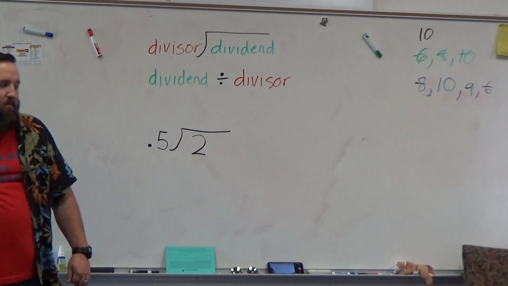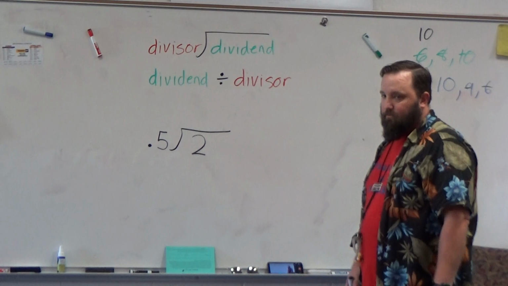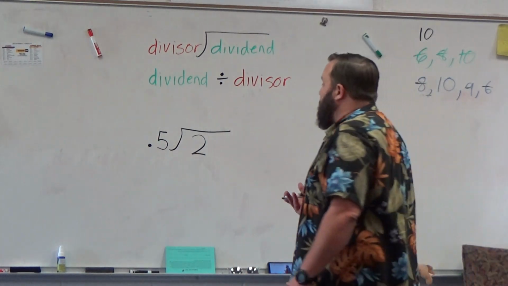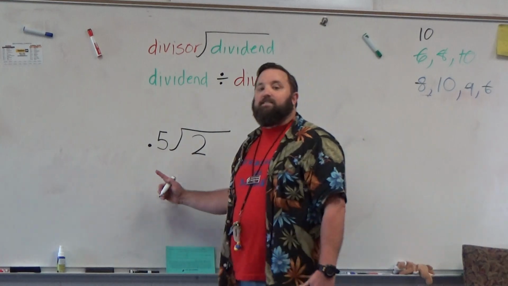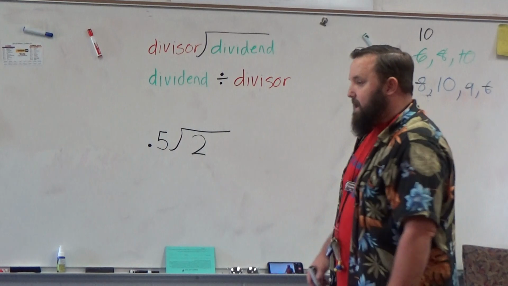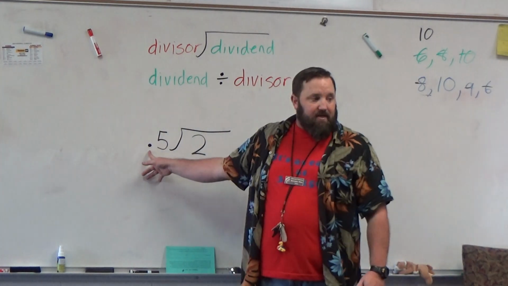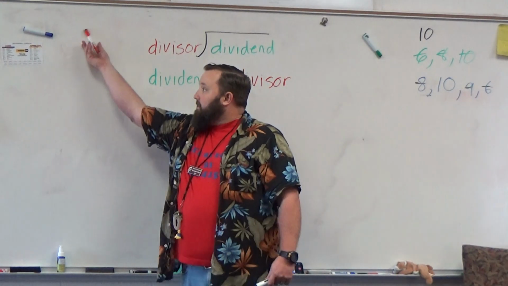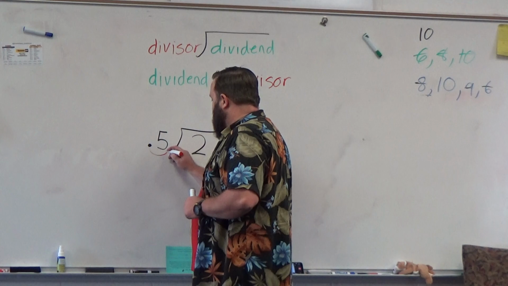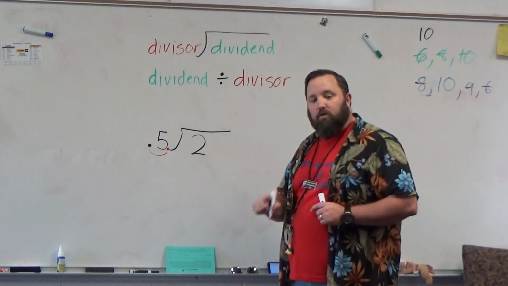And some people just jumped up like, I got the answer, I got the answer, I got the answer. And then they found out later that they were wrong. Okay? So, the rule that I just covered said we cannot have a decimal in our divisor, right? We got to make it a whole number. So, if I'm going to do that, how many places do I need to move my decimal? I need to move it 1 time. So if I move it 1 time in my divisor, I have to move it 1 time in my